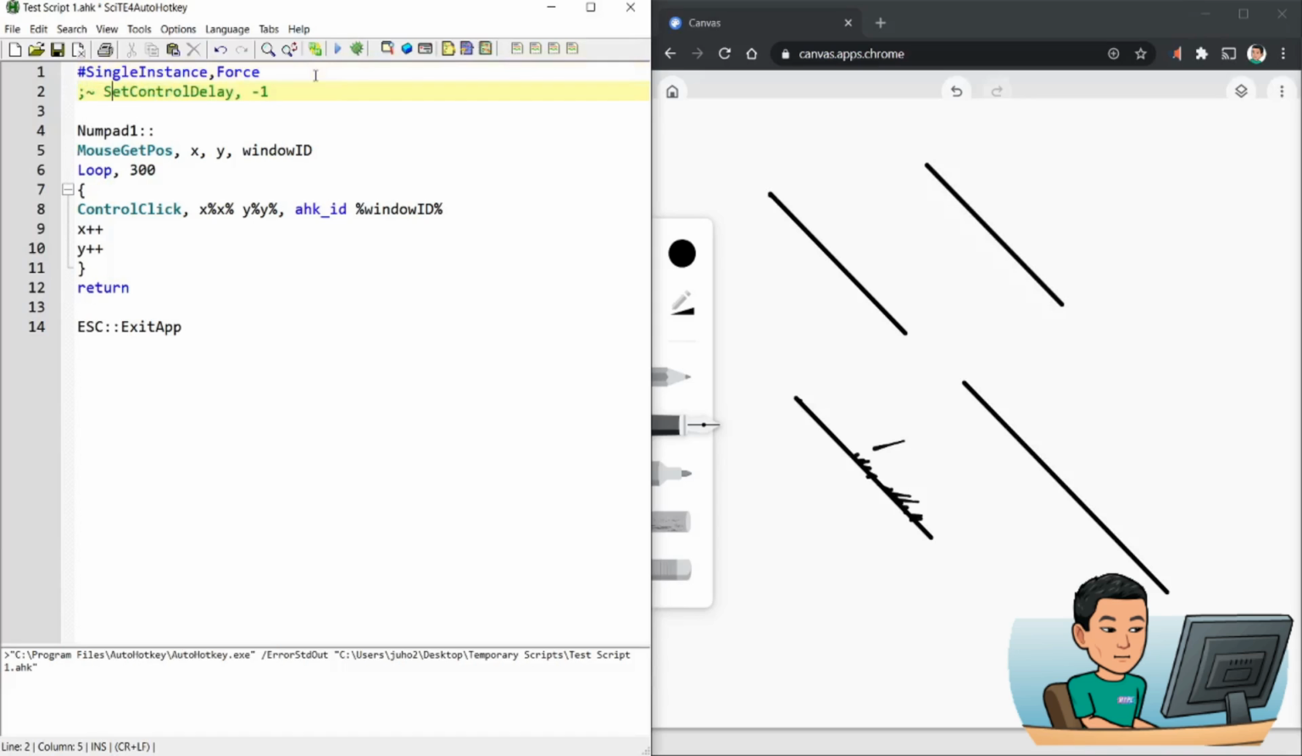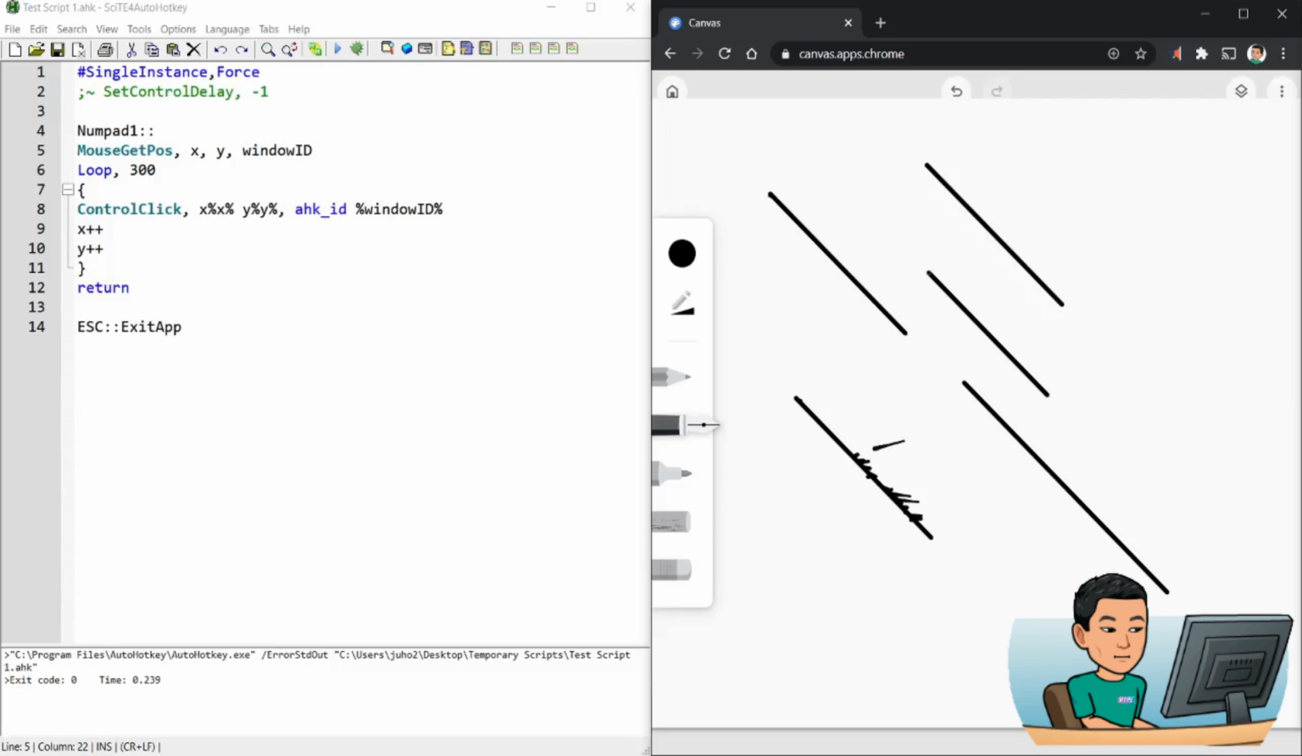If I comment this out and run it and run the hotkey again to draw the line, this is gonna take slightly longer, albeit it's a little faster than just doing a mouse click, not control click. But in order to reduce or remove the delay for control click function, you need to use SetControlDelay,